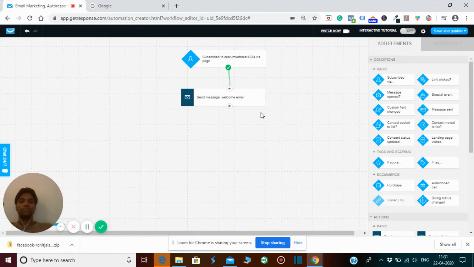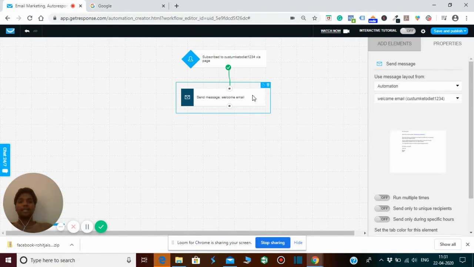You have to connect both of them, right? So after somebody gets an email, what do you have to do? For example, somebody subscribes to your landing page, and you immediately send a message to them, right? So there are two types of people: one who opens the mail, and the other who doesn't open the mail. So what action do you want to take?